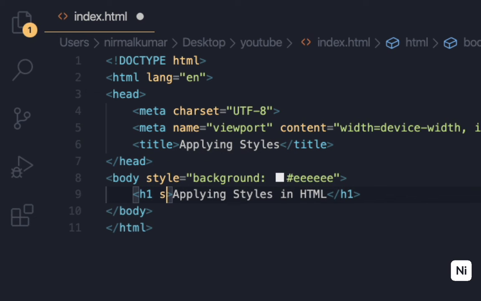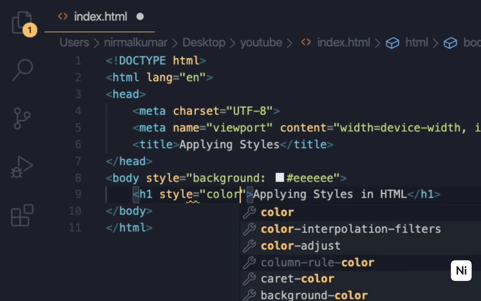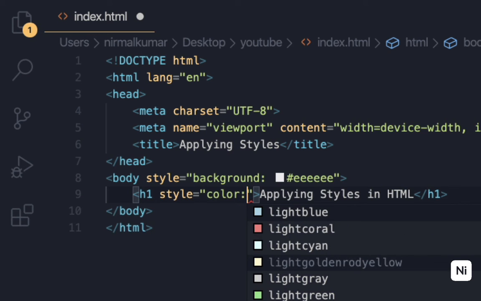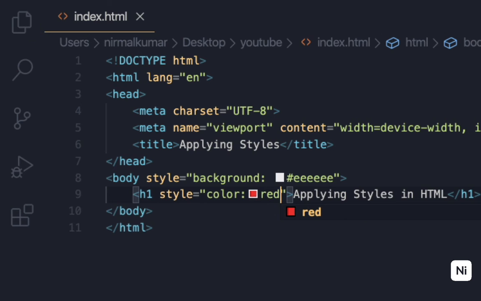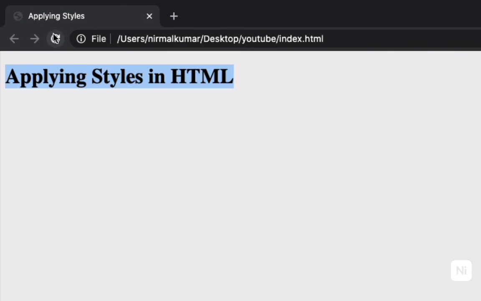Same as before, style is an attribute, style equal to, color property, after the colon the value red. Refresh. See, it is working.